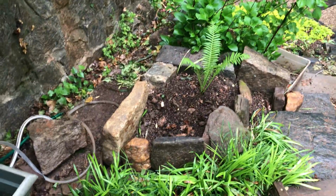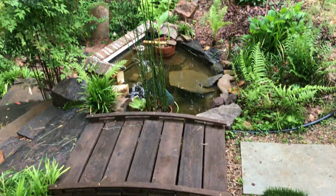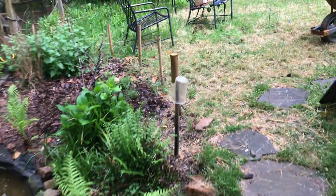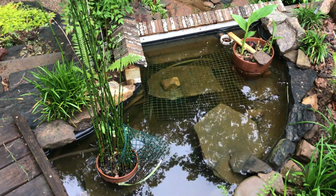This is a planting area I just built this weekend. Anyhow, this is the upper pond. So we got the waterfall there. Here's the upper pond with the bridge and a lot of ferns, my herb garden, and so on. We have a lot of ferns and some aquatic plants. As you can see, I have some green nylon plastic mesh in there,